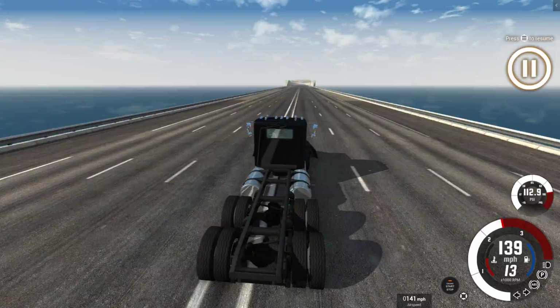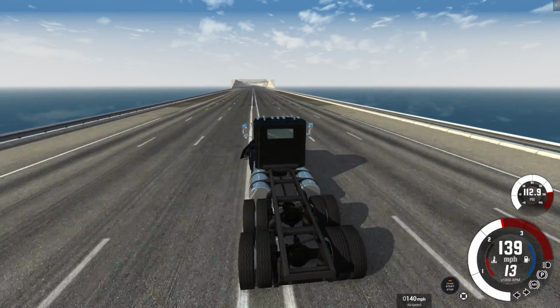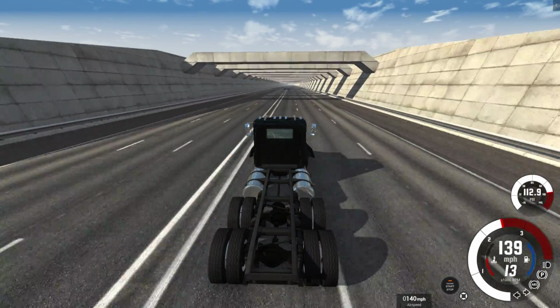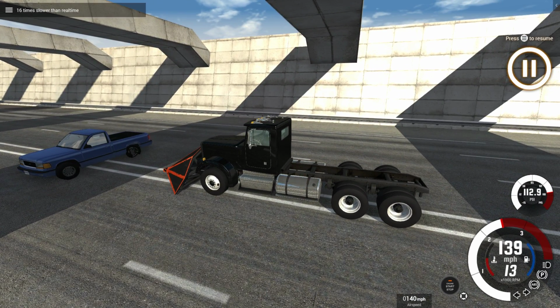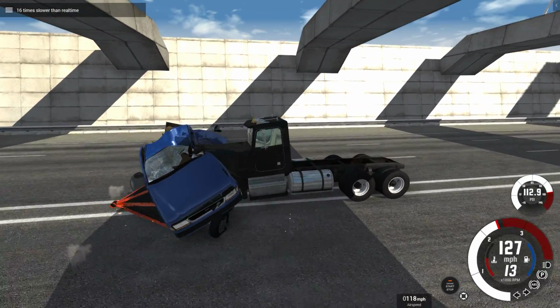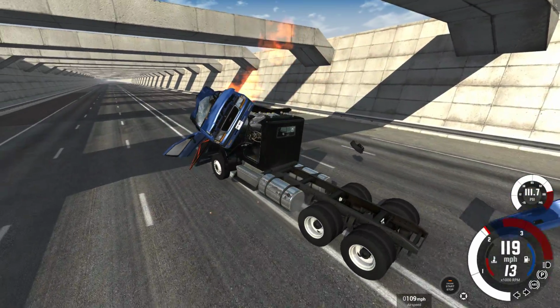Okay, so I got this Ram plow going 140 miles an hour. What? That's insane. And it's going to slam right into this poor, unexpected pickup truck. Well, at this point, I mean, we've thrown enough cars at it. Is it really all that unexpected? Oh, yeah. Well, 140 miles an hour into the side of a pickup truck